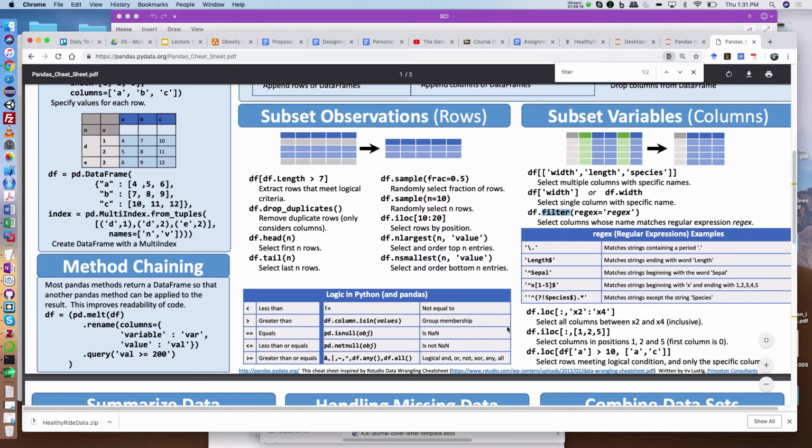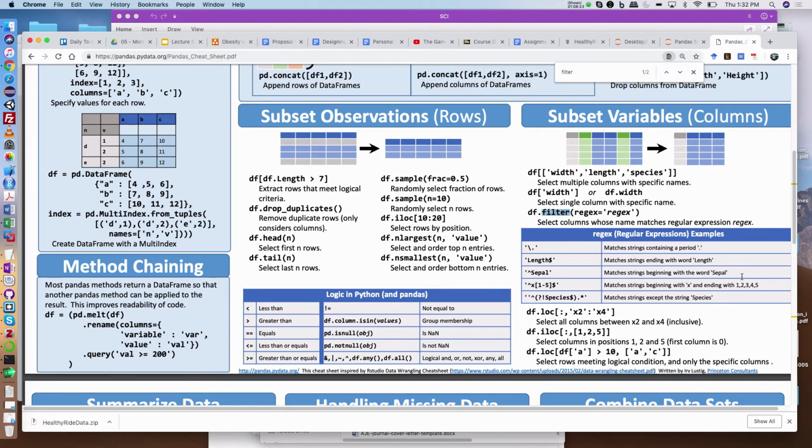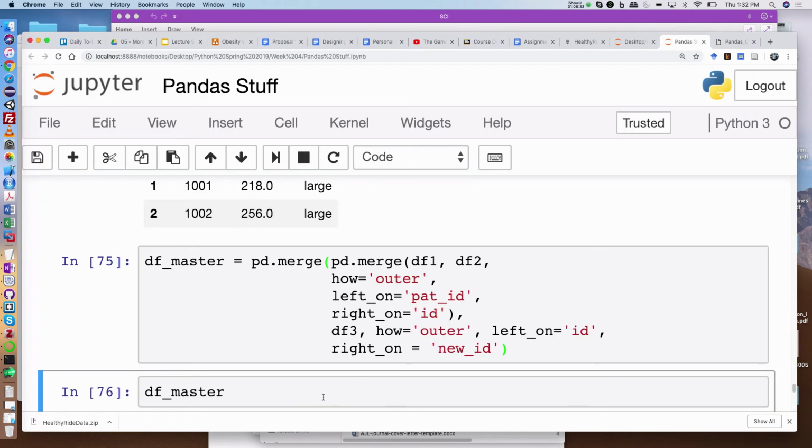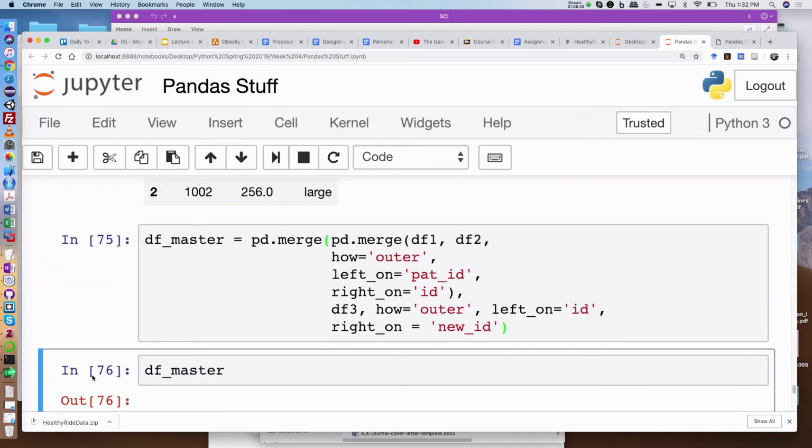Basically, filter allows you to run almost query-like expressions. You can think of filtering as if statements, which only show you the rows that fit the if criteria. Does that make sense? So if I go back to my df1,